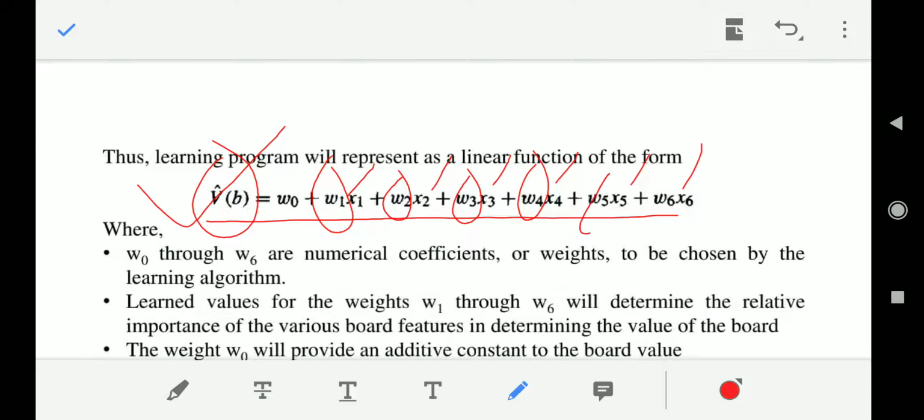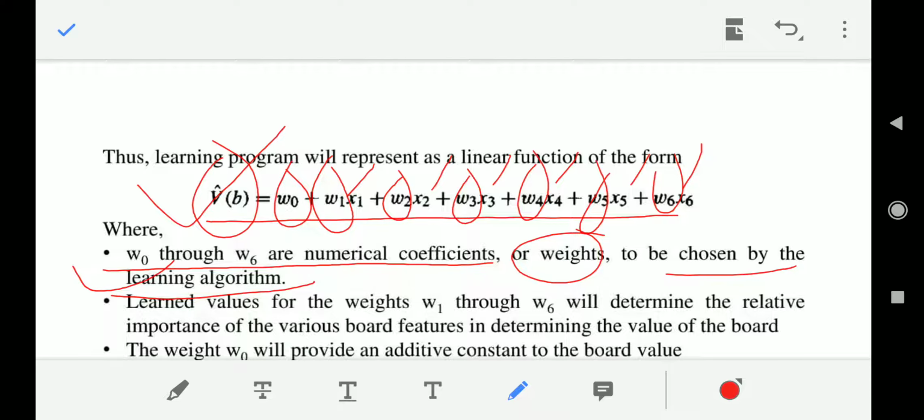What are the weights? W0 through W6 are numerical coefficients, or weights, chosen by the learning algorithm. The learning algorithm will choose how much weight I need to give to each of the variables from x1 to x6. Please understand carefully, the learned values for the weights